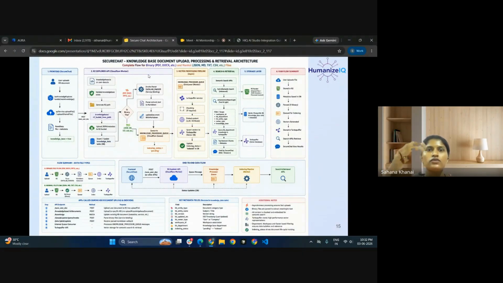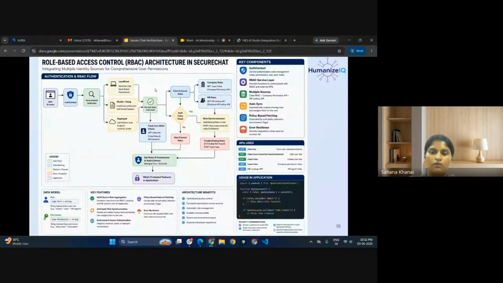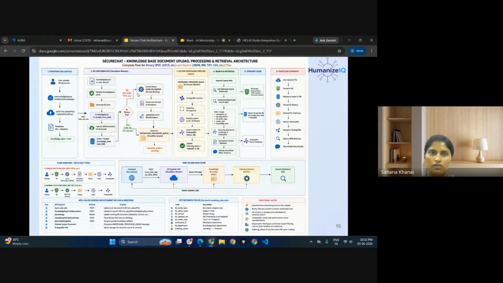So you can directly use this. This is the service provider, Datalab parser. From here, we send our request. Then it extracts the text as Markdown. That parsed text will be updated in this update document step, and it will go to the knowledge base processor queue. Cloudflare has a facility called Queues.